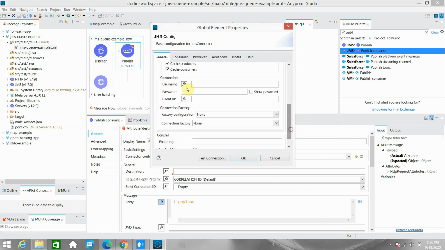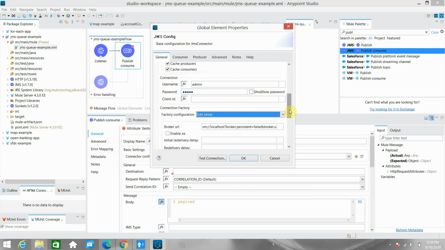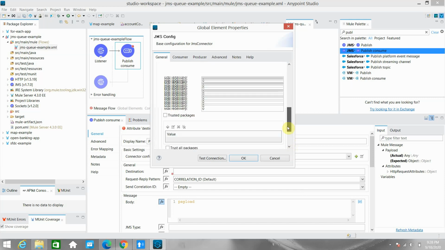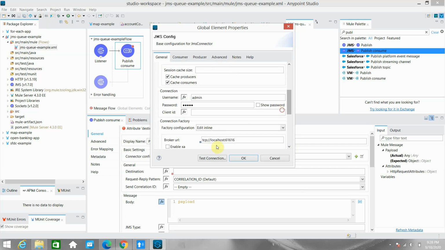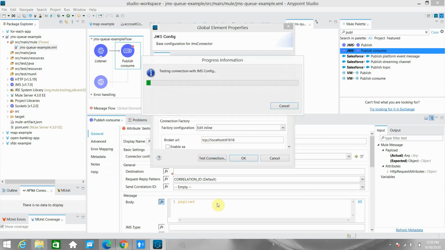Then I can give a username, admin. Then I can do the connection factory, edit inline factory configuration. I can say TCP, localhost, 61616. These are the configurations you need to do for now. This is just for the connection purpose. You can test the connection.